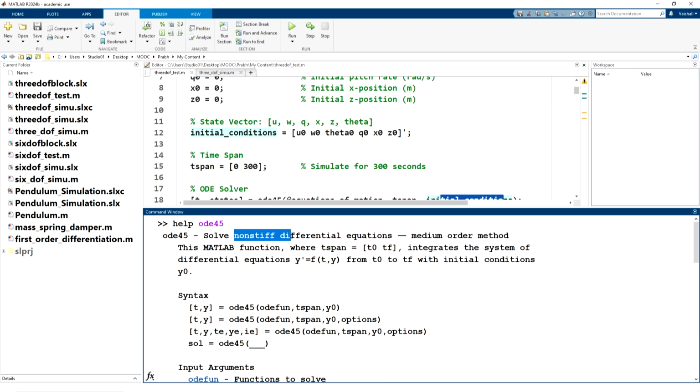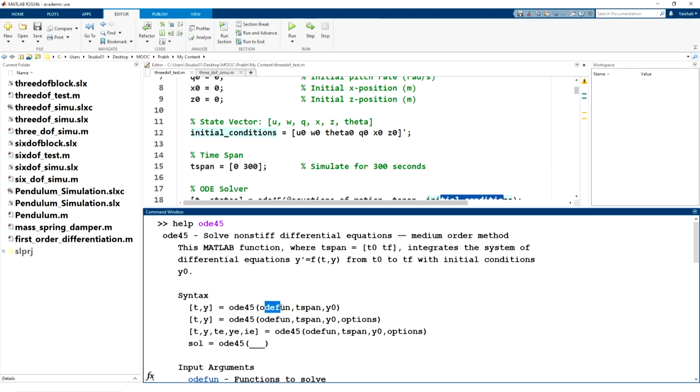So this is a non-stiff differential equation, medium order method. This is the MATLAB function where tspan has the initial time t0 and final time tf, and it integrates the system of differential equations y' = f(t, y) from t0 to tf with initial conditions y0. All right. So the syntax for this is time comma states, that is y, equals ODE45, the function file that you have written,